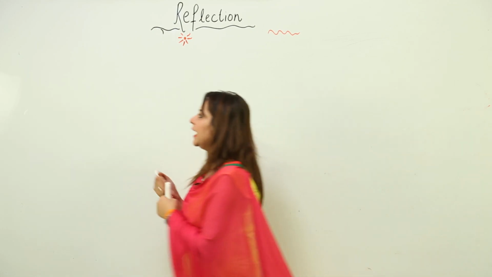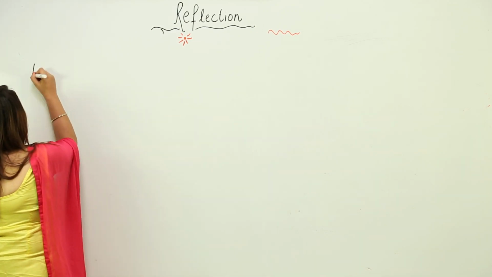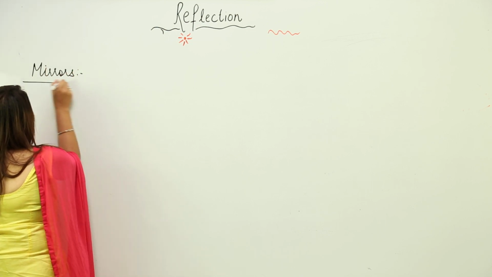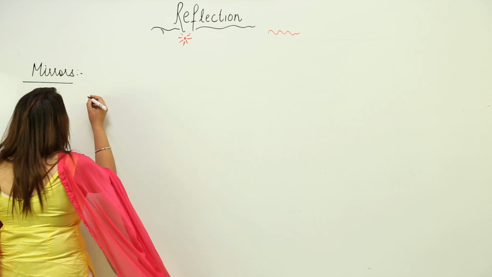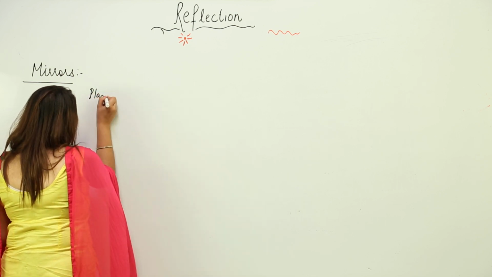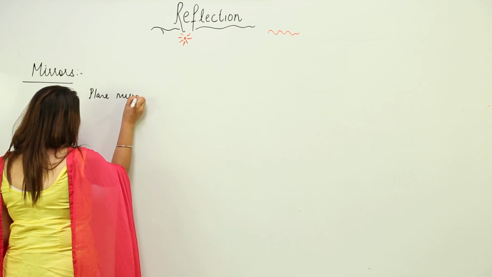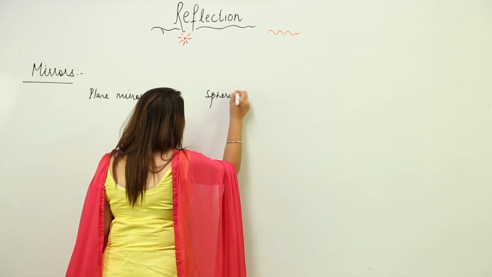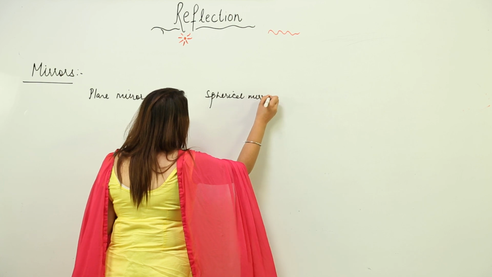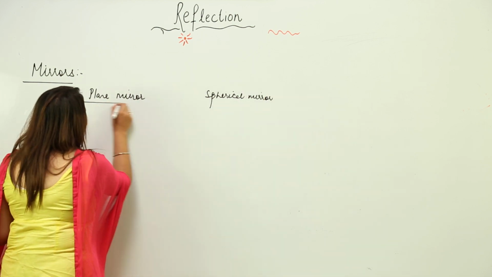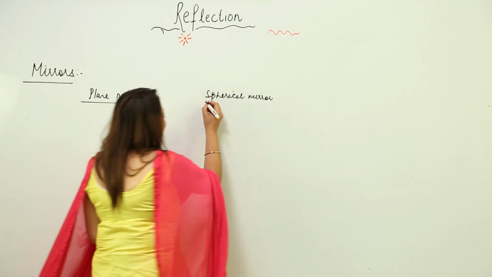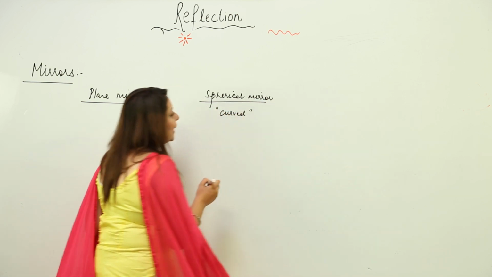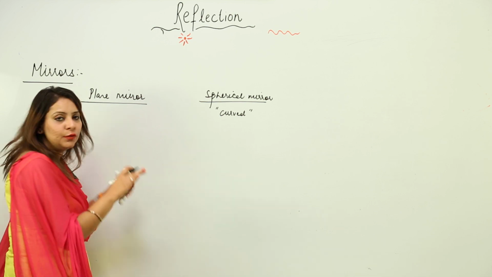Now we'll see that we have two kinds of mirrors, two kinds of reflecting surface. One is the plane mirror, the other is the spherical mirror. As is clear from the name, the plane mirror must have a straight plane surface and the spherical mirror will have a curved surface. So a spherical mirror is one which has a curved surface, and a plane mirror has a plane